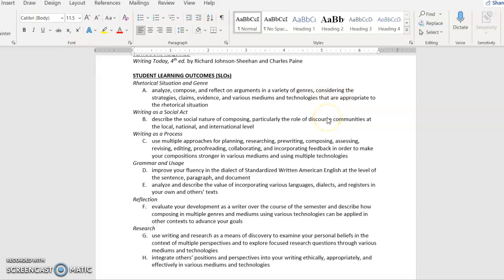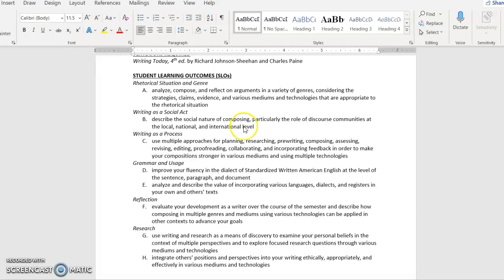Same thing: one of my students wrote about being part of the snowboarding discourse community. He was using all these different words for different techniques and moves, and most snowboarders will know what it means to have a yard sale, which is when you crash so hard that all of your gear goes flying off, and it literally looks like a yard sale because there's crap scattered all over the mountain.